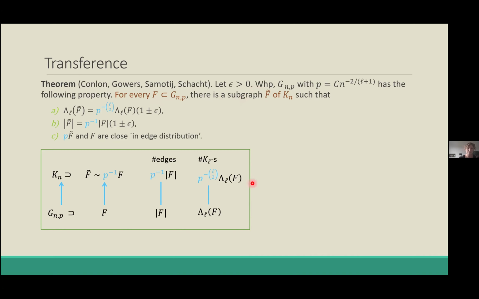And now, yeah, I hope the statement makes some sense. And by the way, all of these, well, this closeness is measured by a certain norm that Conlon and Gowers construct, which is also useful for us. And with this norm, you can use some analytic tools like the Hahn-Banach theorem in order to find your desired dense approximation.